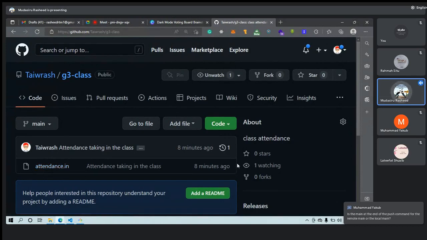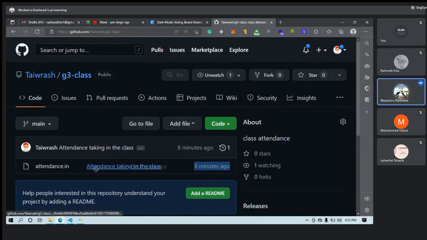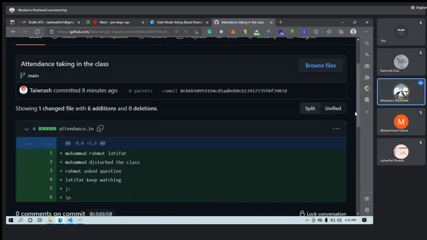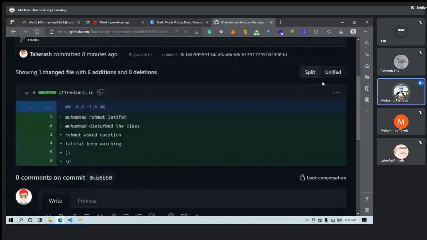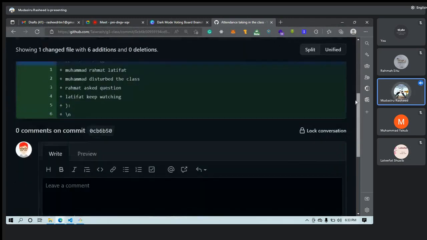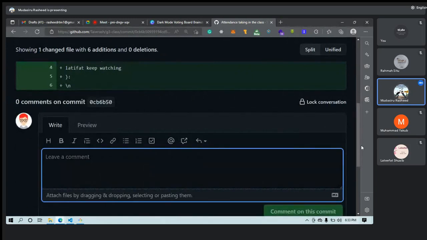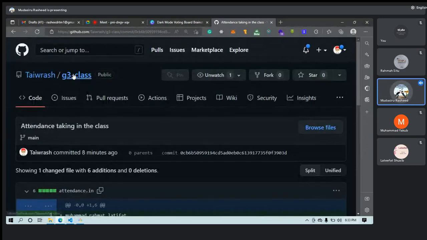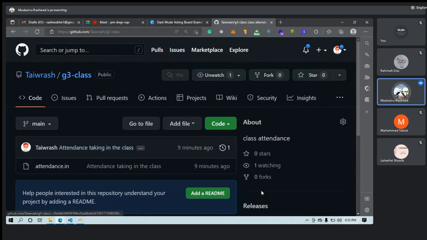You can see I made my commit 8 minutes ago. I can track that, and this was my commit message. If I click here, I'll be able to see more information about that commit, some of the information given to me when I ran git log the other time. The commit ID and the message will be there, and somebody can come here to comment. So the point here is that what we have offline, we now have online, and everything is connected together.